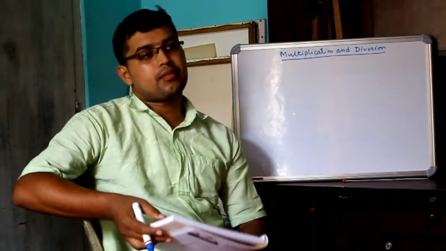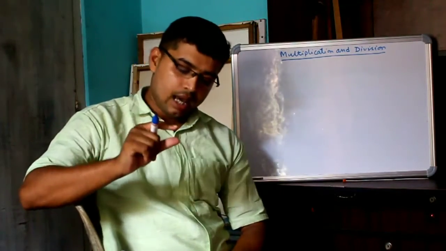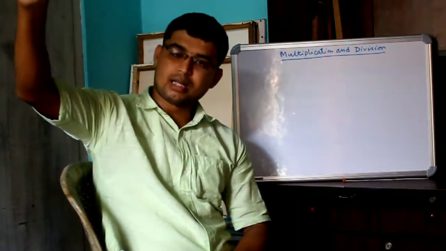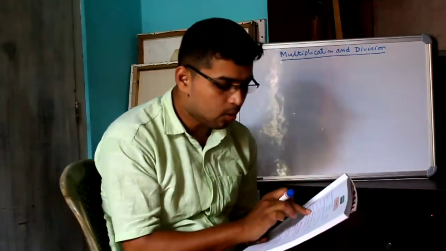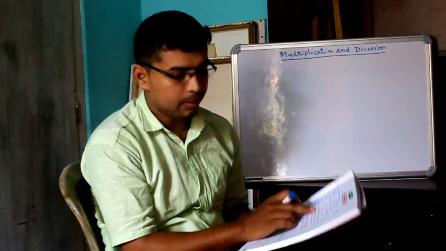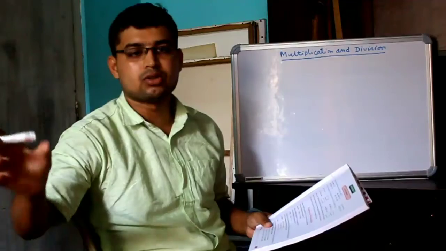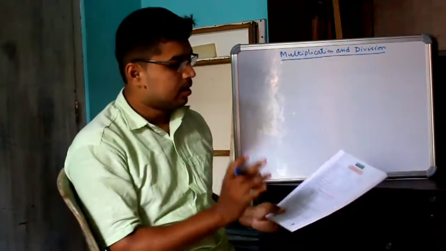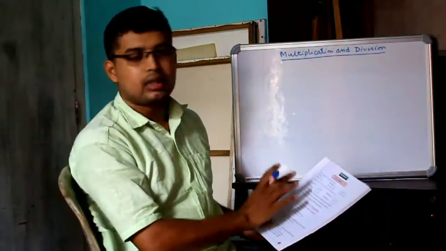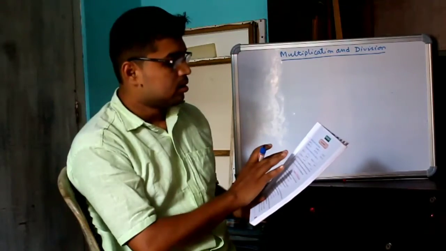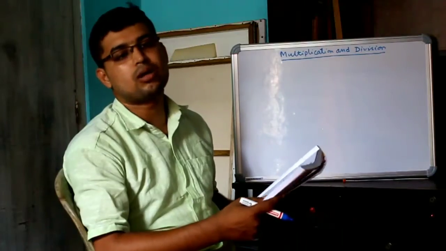So, if given for one data and asking for more data, more months, then it will be multiplied. Given for one month 3,825, but asking for 38 months. Given 1 month but asking 38 months. So that's why this is called multiplication. If given for 10 months but asking 1 month, then it will be division. So given for 1 month but asking for 38 months, this is called multiplication.